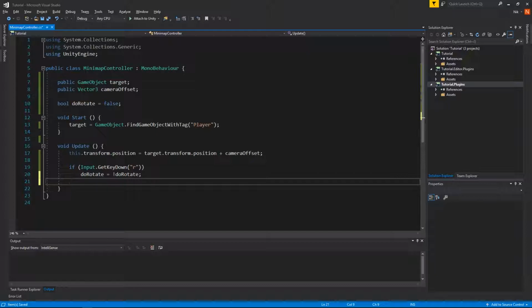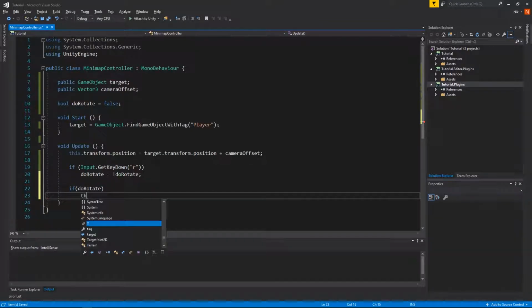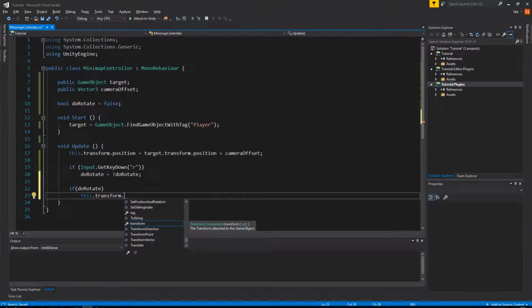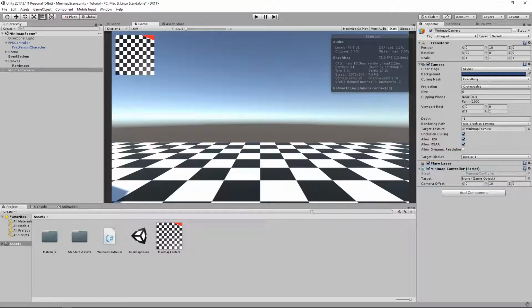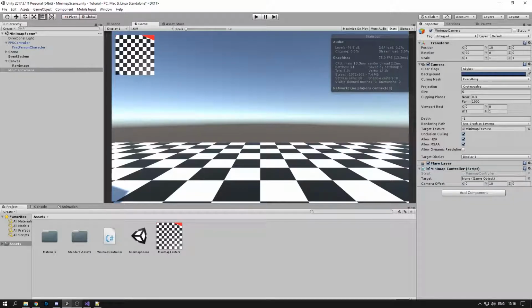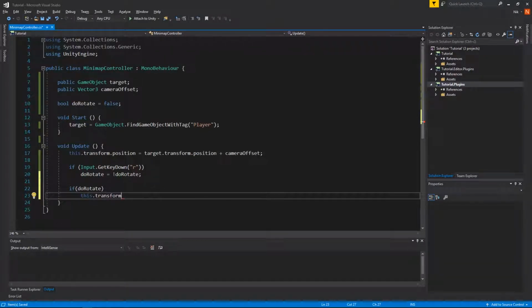And then we want to do different stuff if doRotate is true or false. So let's do if doRotate, then we want to go this.transform. Now if you go into the game object here, it might be logical to think it's transform.rotation, but it's not. Transform.rotation is a quaternion, not a Vector3, and it's much easier to just deal with Vector3s. So what we do is go transform.eulerAngles is equal to new